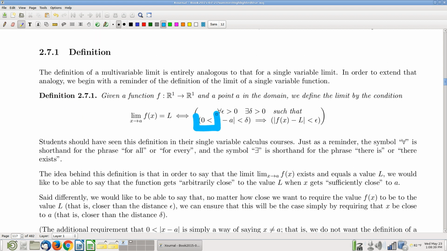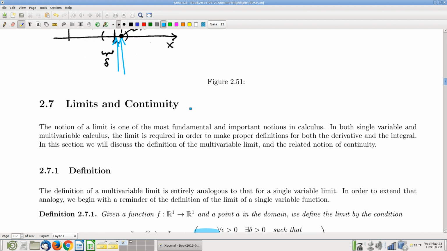Why do we put this in here? Why do we put that x minus a greater than 0? Let's think through what the consequence of that is. Keep in mind, I need for these values of x to always satisfy this condition. Any x satisfying this has to satisfy that. Without the greater than 0, I would need all of the values of x in the interval to satisfy this requirement. But by saying x minus a greater than 0, I'm only responsible for values of x